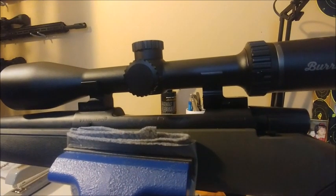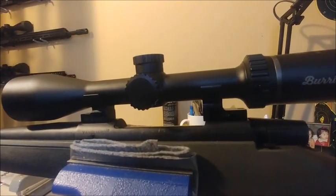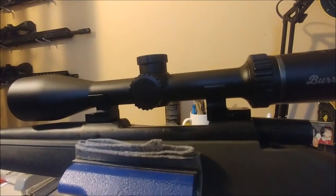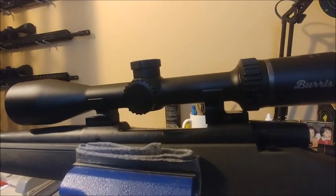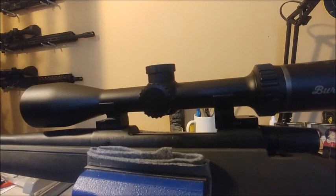Now, before you set your cross or tighten your screws, you want to make sure your eye relief is good. So look through the scope and make sure it's good for you. Also make sure this doesn't get overlapped here. If you have this overlap and tighten, this could be a problem. So you don't want it to overlap, but at the same time, you want to make sure you have